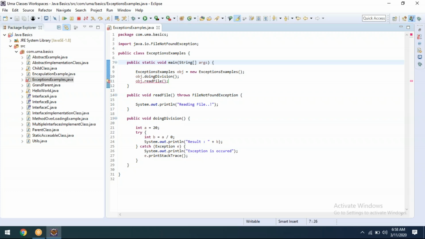Main is also a method. Now see here, it will say either we need to add a declaration as throws or use try catch.